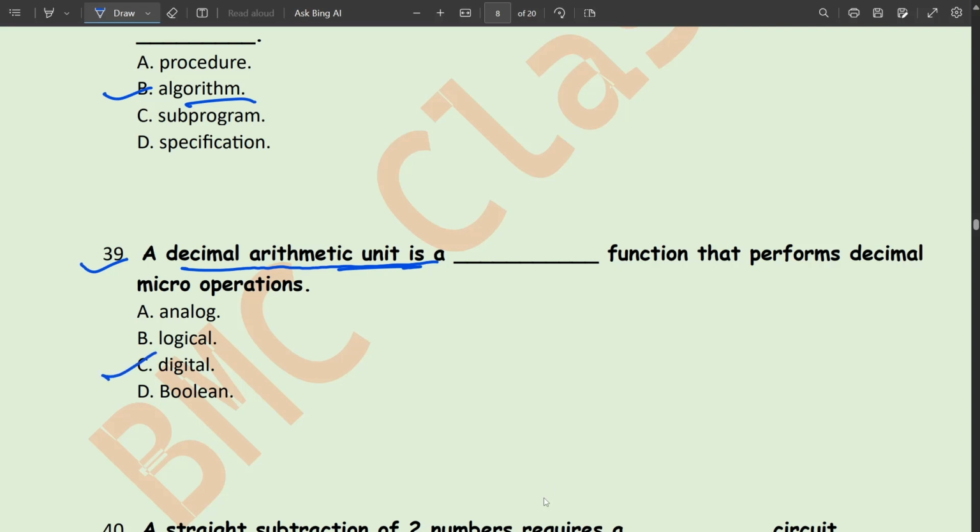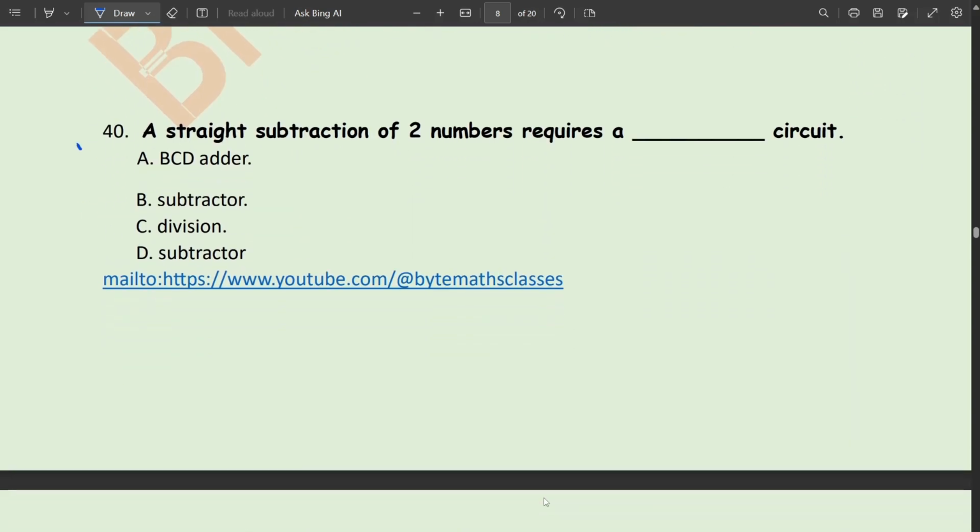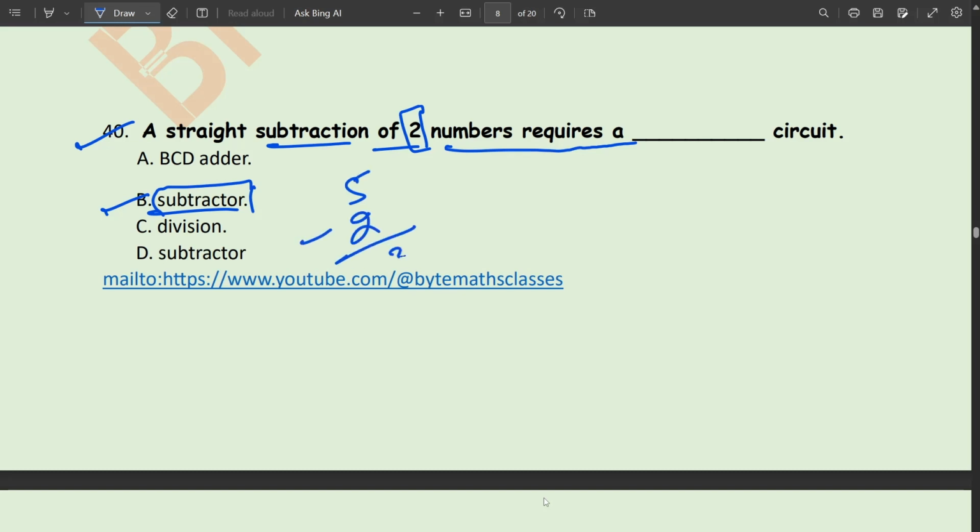A decimal arithmetic unit is a digital function that performs decimal micro operations. Next, subtraction of two numbers requires a what? Subtractor. Option B is correct. Subtractor. Whenever you have to subtract something like 5, you need a subtractor like 2. Then it will be subtract. Next,